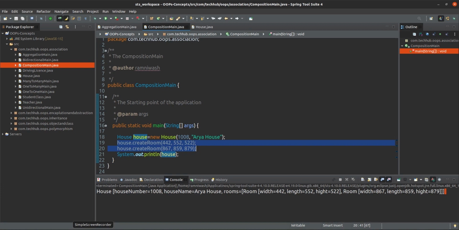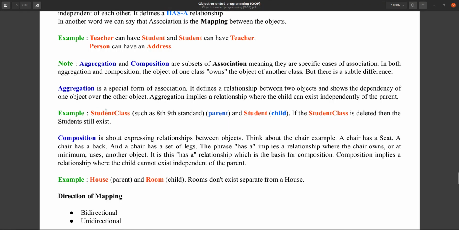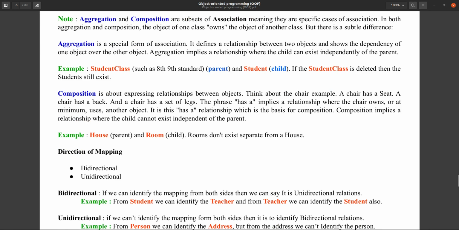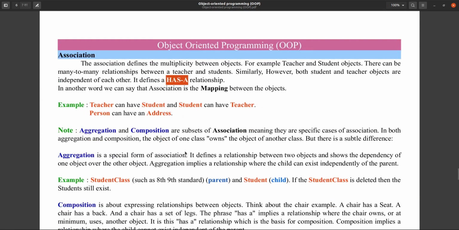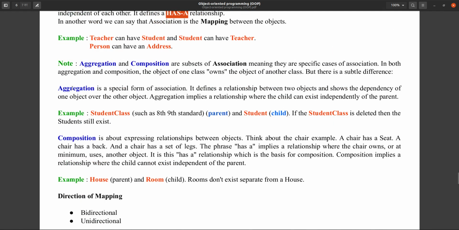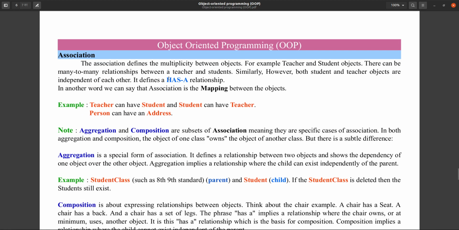If you see the next topic, association is nothing but a mapping that defines a has-a relationship between two objects, and it has two special forms, aggregation and composition.